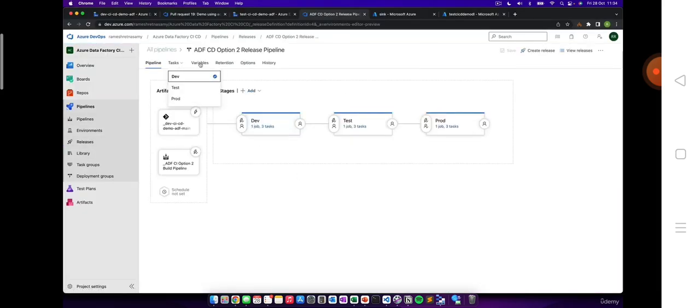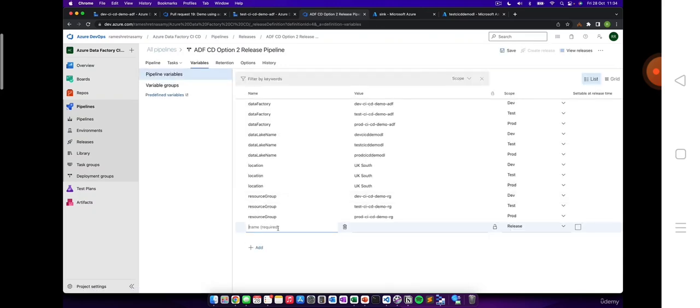So I'm going to call this key vault name, and that's my dev key vault name. I'm going to assign it to the dev scope, and add two new ones for test and prod as well. That's all done. We've got the three new variables. Let's go back to the pipeline, click on tasks and go to ARM template deployment, and we need to